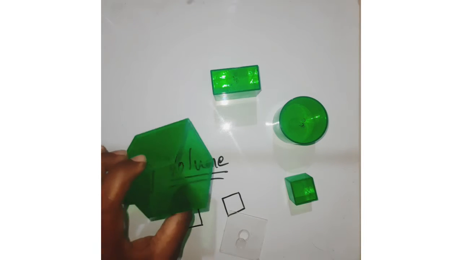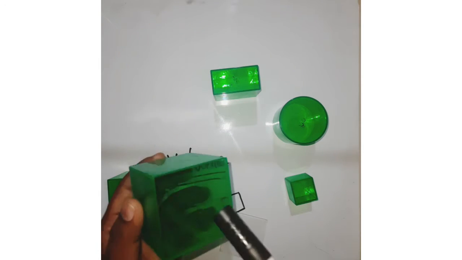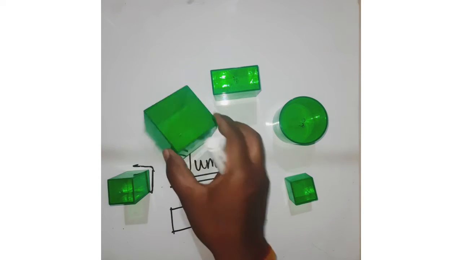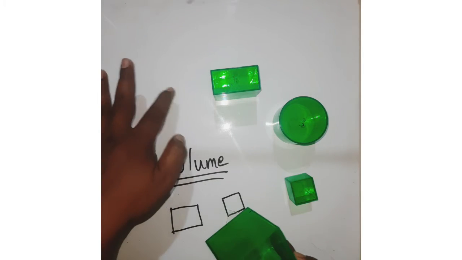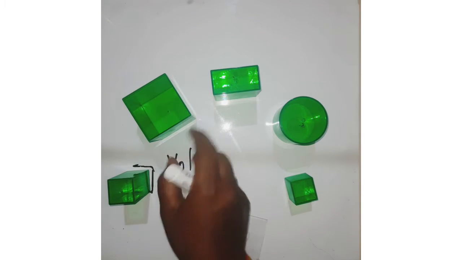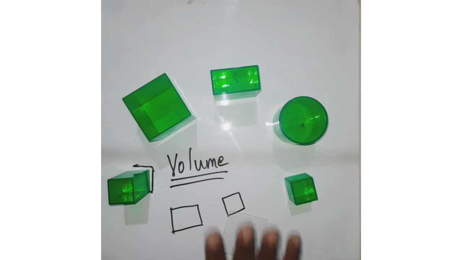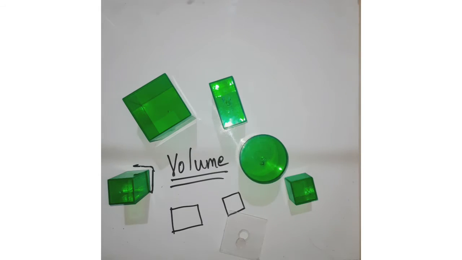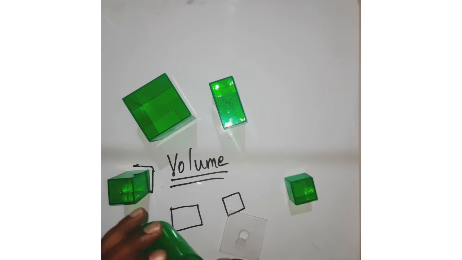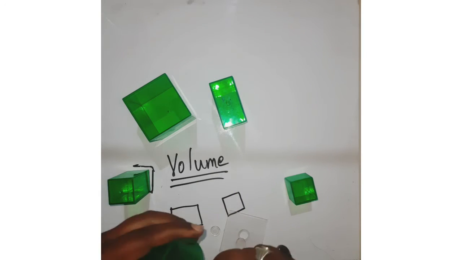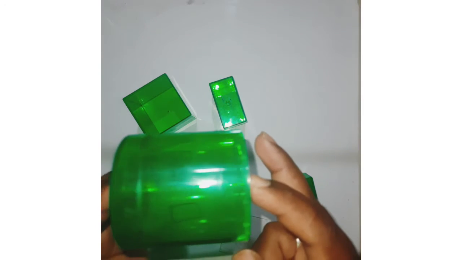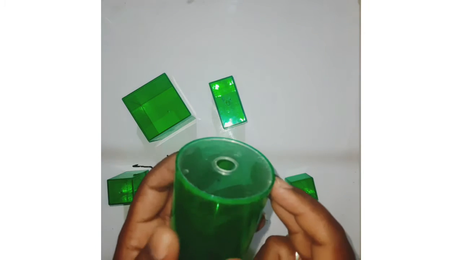What is volume now? See, when you are taking a three-dimensional shape, the amount of space occupied by the shape is its volume. Like now this cube is there. Here the space is empty, right? When I keep it here, it occupies some space, that is its volume, right? Similarly, every object occupies some space, that is its volume. In other words, whatever space is inside this solid figure, that is its volume, right?